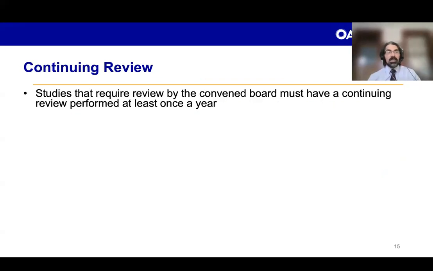The 2018 revised common rule only requires annual review, or continuing review, of studies that are initially reviewed by the convened board, or I should say that are reviewed by the convened board. The review must happen no less than once a year. So how is this date determined? We'll look at the initial approval date and add a year. If an IRB initially approved a study today, July 25th, 2023, then the first continuing review would have to occur